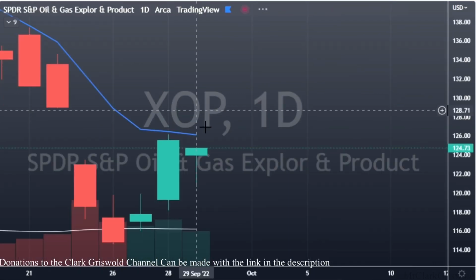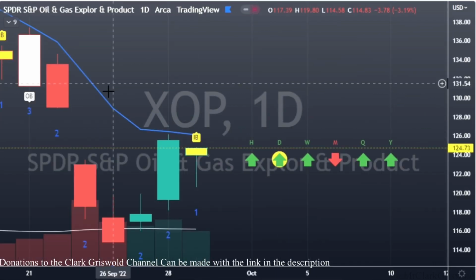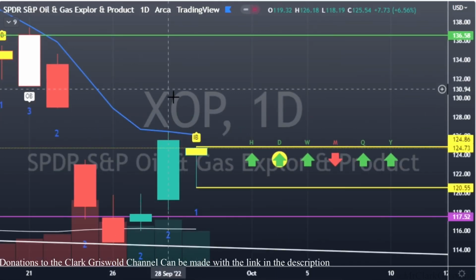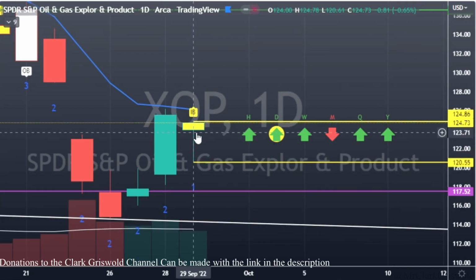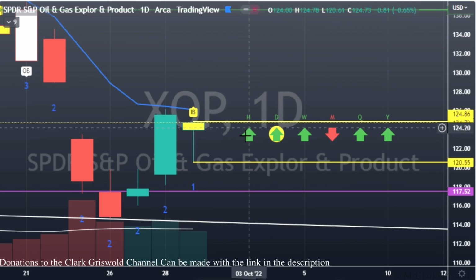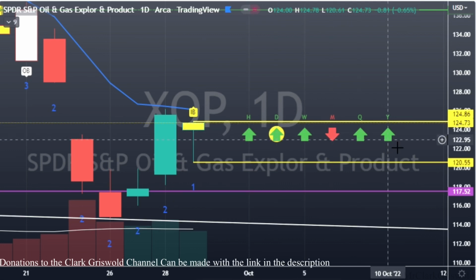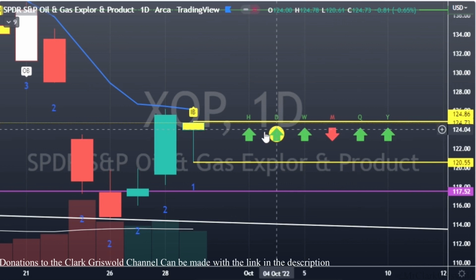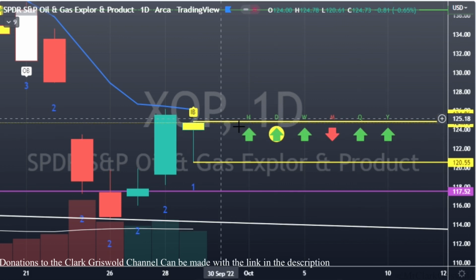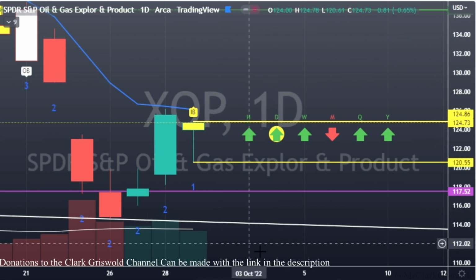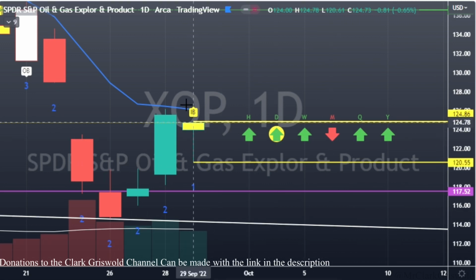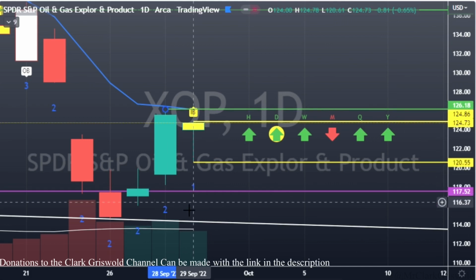Okay, so XOP is oil and gas from the S&P, oil and gas plays. We've got an inside bar, we've got a hammer candle, and we've got really, really great time frame continuity to the upside outside of the month. Okay, so we've got 5 out of 6, which is, you can't ask for much more than that except for 6 out of 6. So we can look for calls on this at 124.86. We'll place our first targets there, and then we can take puts, because they are also possible, at